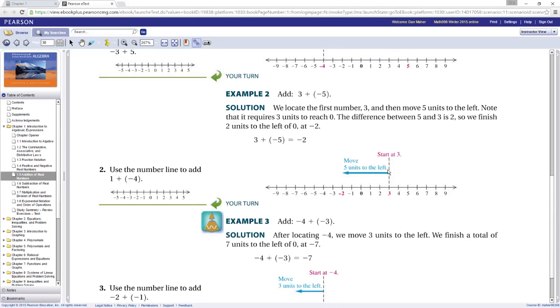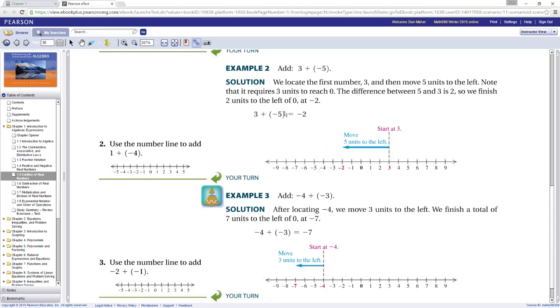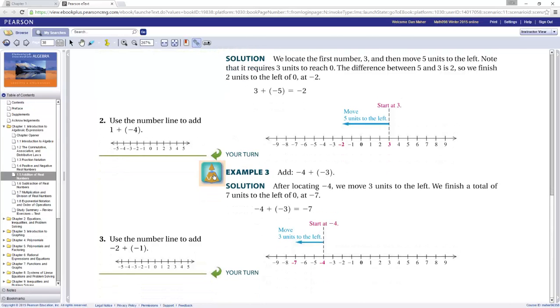Yeah, I would say this is not the way you're going to add a lot of the times. They end up in grade school, middle school, they start teaching you some rules. If you have positive, negative, and you take absolute values, there's a whole series of rules. But I think if you can picture this stuff in your head,